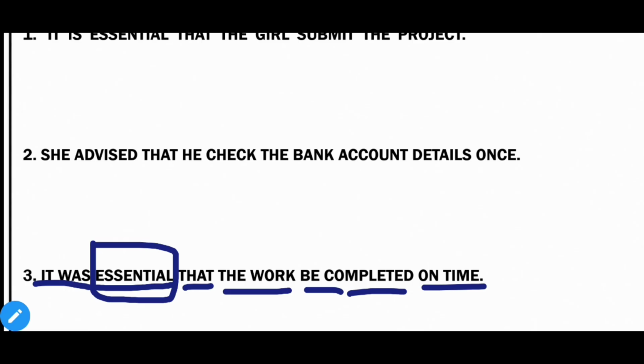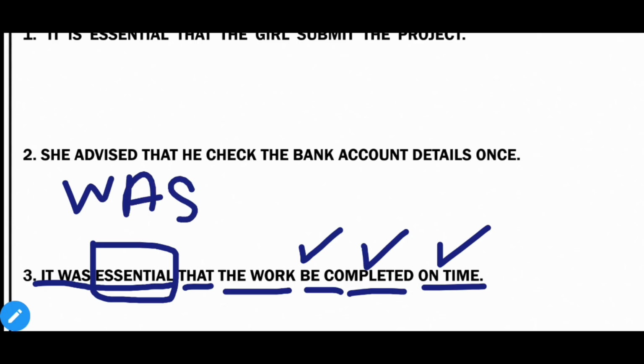And whenever we use them, it becomes a part of subjunctive mood in English grammar. And when it becomes subjunctive mood, we shall not use was, we shall use the base form of the verb, and the base form of was is be, and already we have written be, and then as it is, completed and then on time. I hope it's clear now why I have written be only, because in its original form we should have written was completed, the work was completed on time. But when we are writing it in subjunctive mode, we shall use the base form of was, and the base form of was is be,